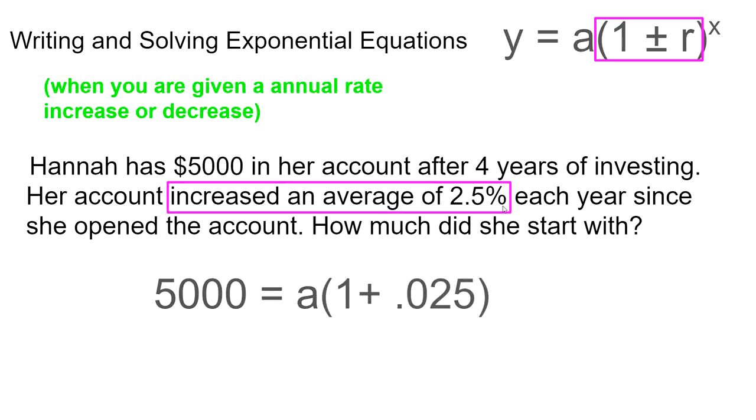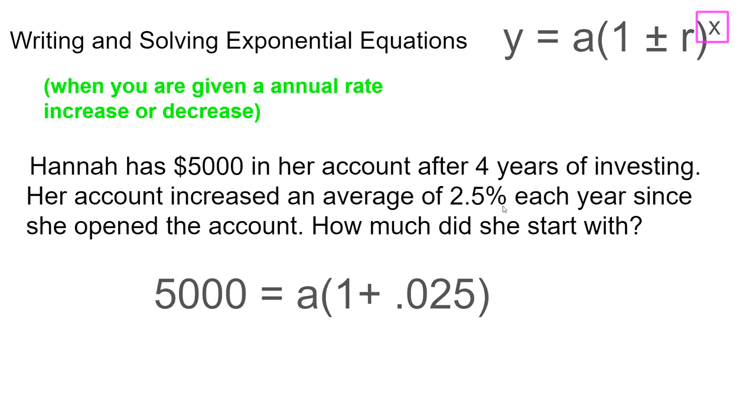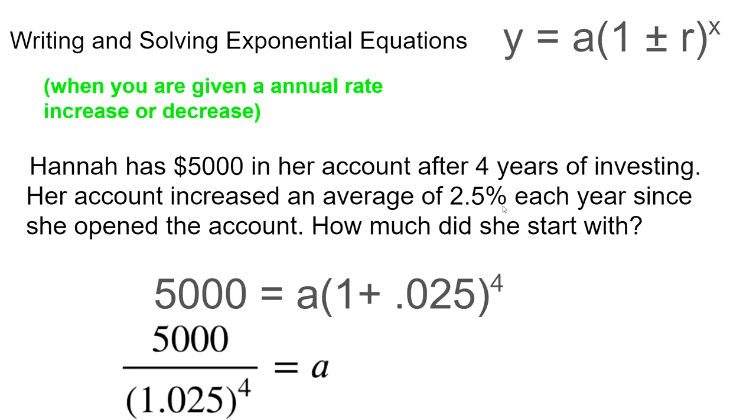So anyway, we're going to say it's 1 plus 0.025. And then we're going to find out how often. Well, it happens every year, and it happens for 4 years. So that means that we're going to raise it to the 4th power. Now, in this case, we've got to get the A by itself. And so A times 1 plus 0.025 to the 4th power. If I just divide both sides by 1 plus 0.025 to the 4th power, that's going to get the A by itself. And all I got to do now is put the 5,000 divided by 1.025 to the 4th power in my calculator, and I get